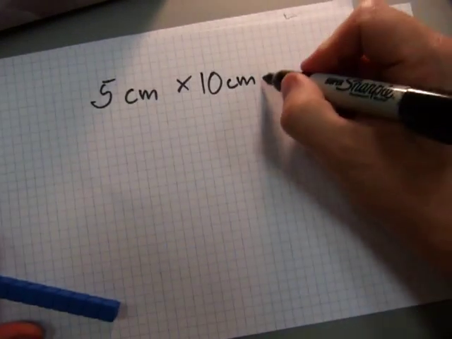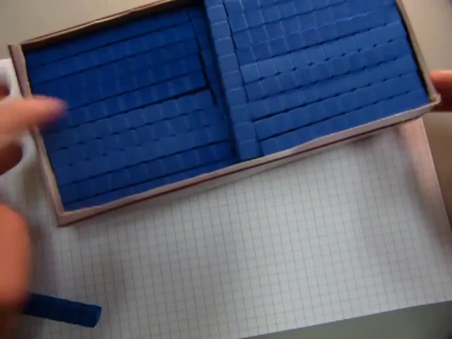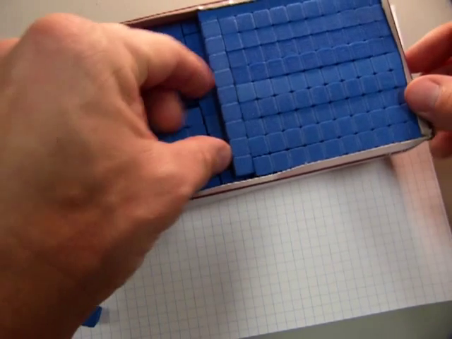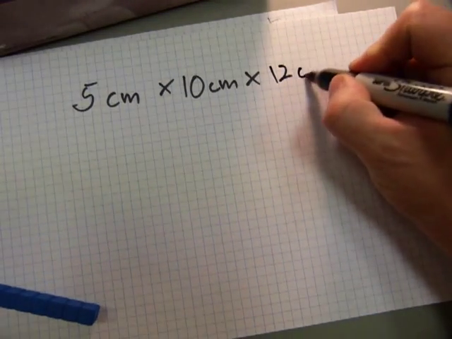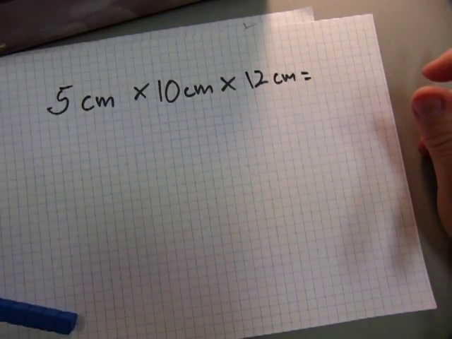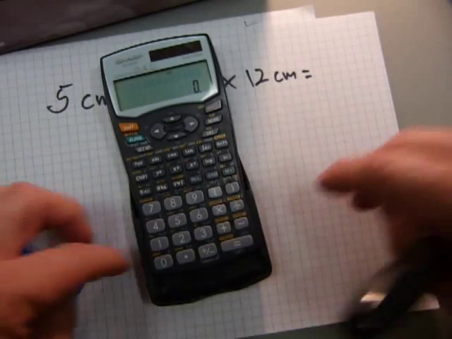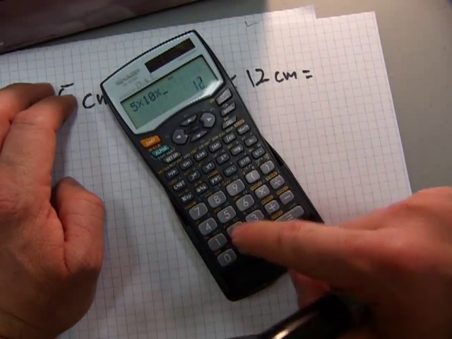Sorry guys. And we multiply it by the length this way, which is 10 here plus 2, so that's gonna be 12 centimeters. And that answer is 5 times 10 times 12,